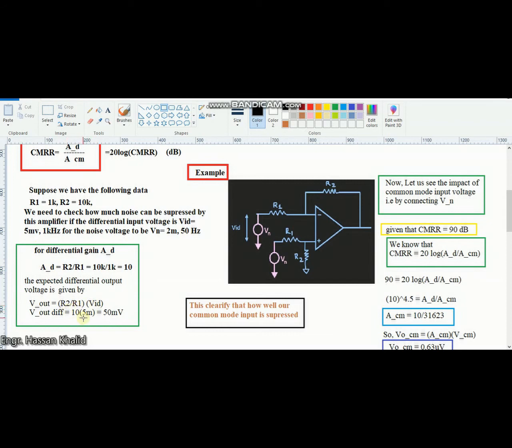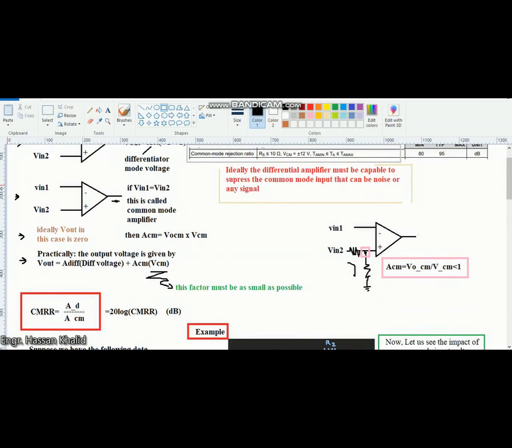So 10 into 5 millivolt will give us the 50 millivolt at the output, in the case when it is having different inputs V1 and V2. The specification being given over here is the 5 millivolt difference input signal. Okay, now if we replace this differential input system, that means if we replace the V1 and V2 based upon